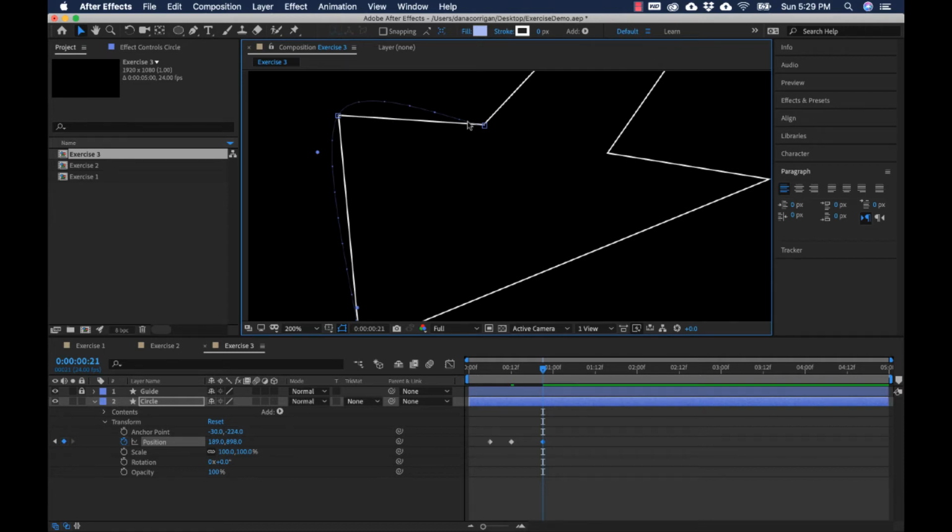Now, one thing you may notice as well is that the path is now curved, which can be nice if that's what we want to do, but that's not really what we want right now. And the reason why that happens is because After Effects is assuming that we want to have curves in our path, because typically in animation we do, but in this case we do not. There are a few ways that we can get rid of the curve here and turn it into straight lines. We can do it while we're animating,